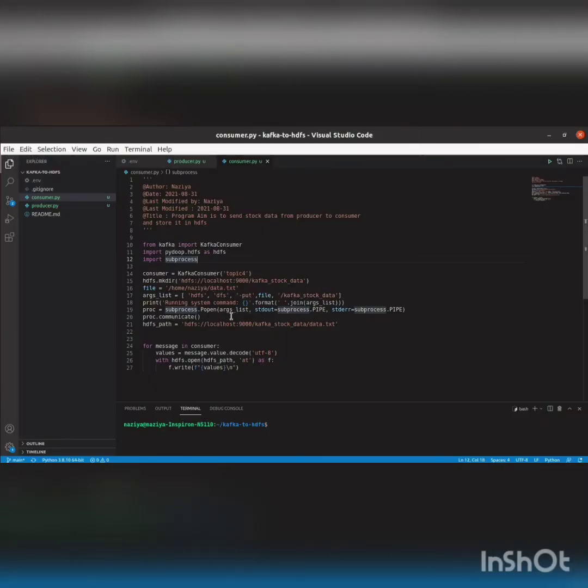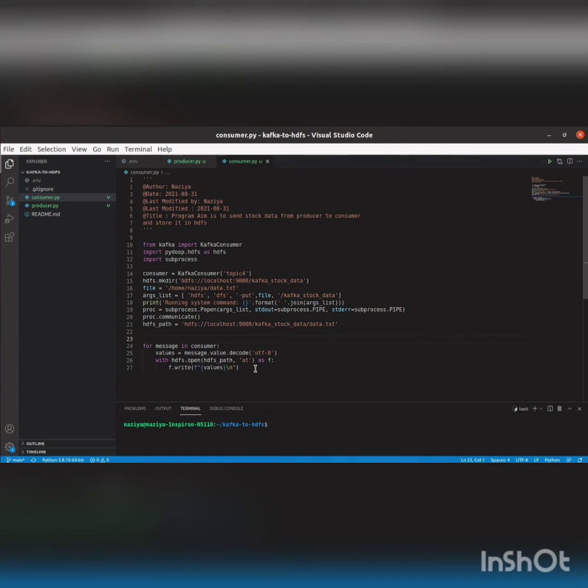I am trying to put this empty data.txt file into Kafka stock data and then specifying the HDFS path, Kafka stock data slash data.txt.